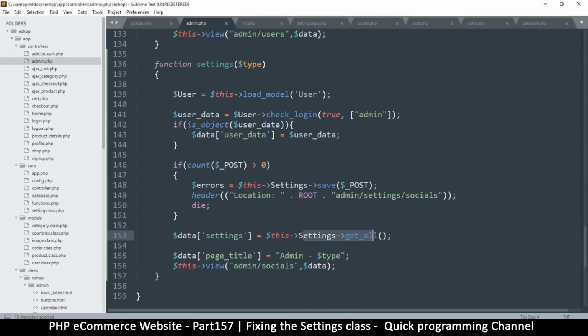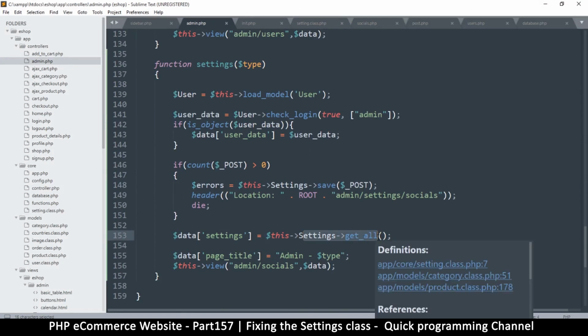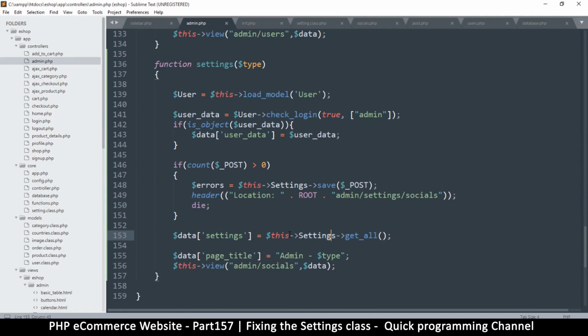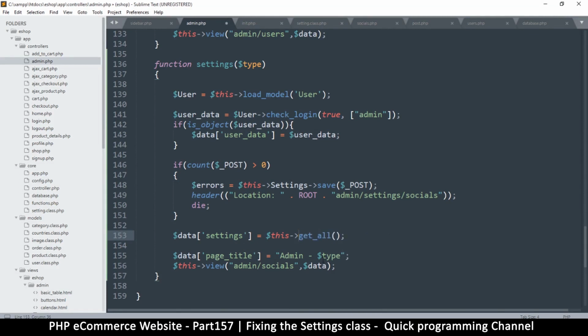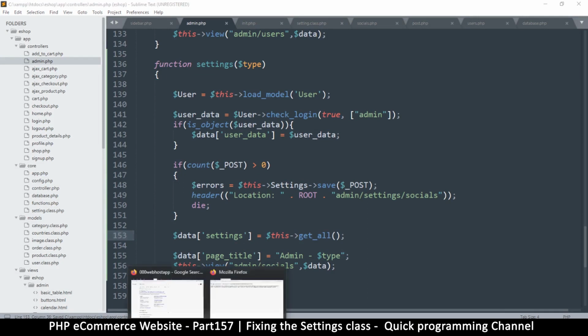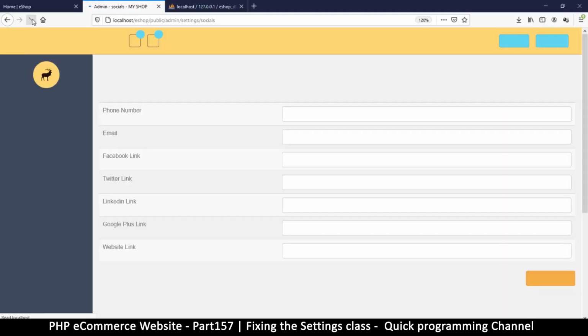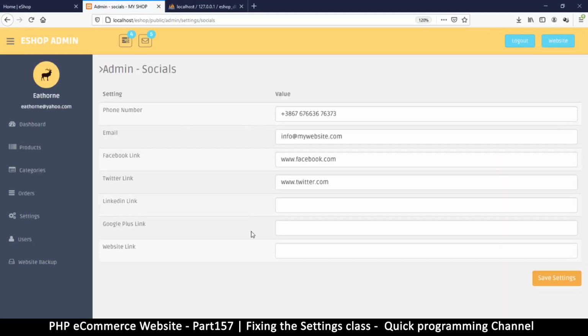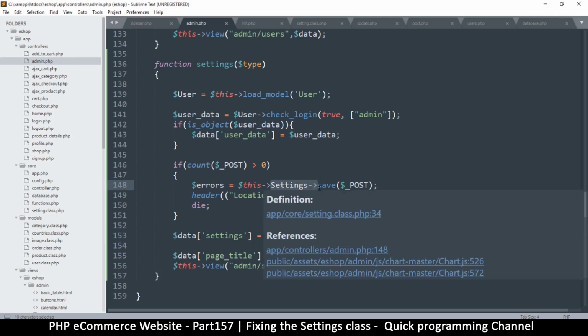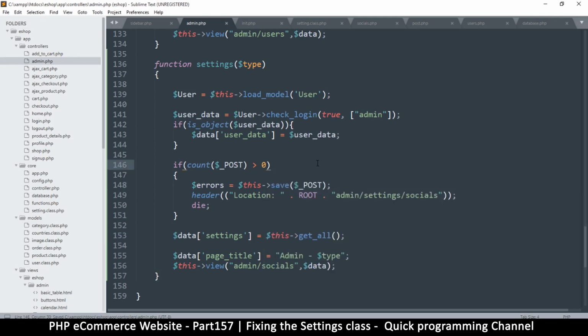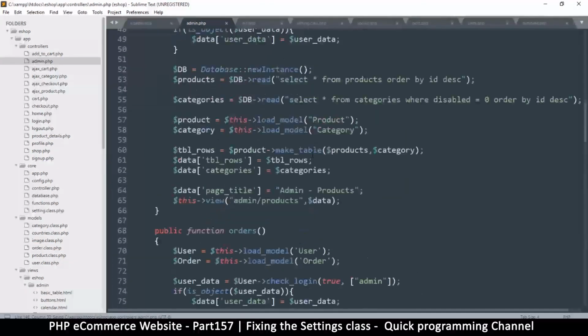So this settings get all. Ooh. So now I will remove the settings here and just go directly to get all. And it seems we are breathing. Yeah. So same thing here. Let's remove the settings and just go to save. Now, since we have used this as a trait here,